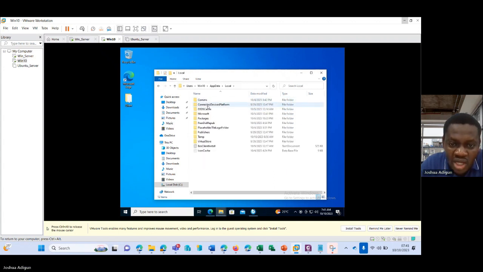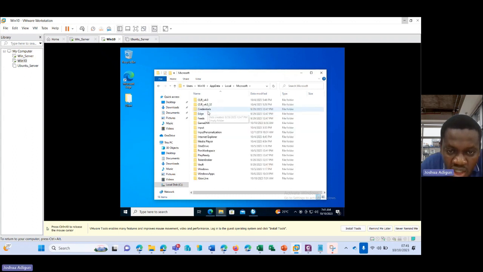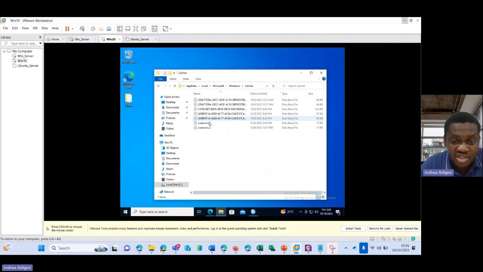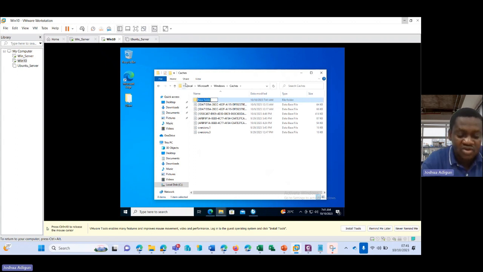I go to local, and then I come to Microsoft. So still I don't have a net cache here. I go to Microsoft here, I go to Windows, so I should see a net cache here, but I don't have a net cache here also. But if your system has a net cache, you can go into the net cache and then you create a folder, right? You create a folder and then you name it content.word. So for example, let's say this is the folder. Yeah, this is the net cache folder. It's an example, right? Or caches, right? Let's assume this is the net cache folder. I create a new folder over here and then call it